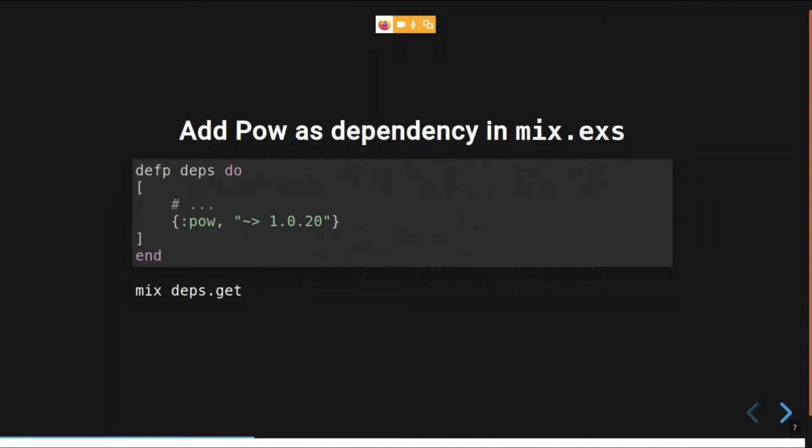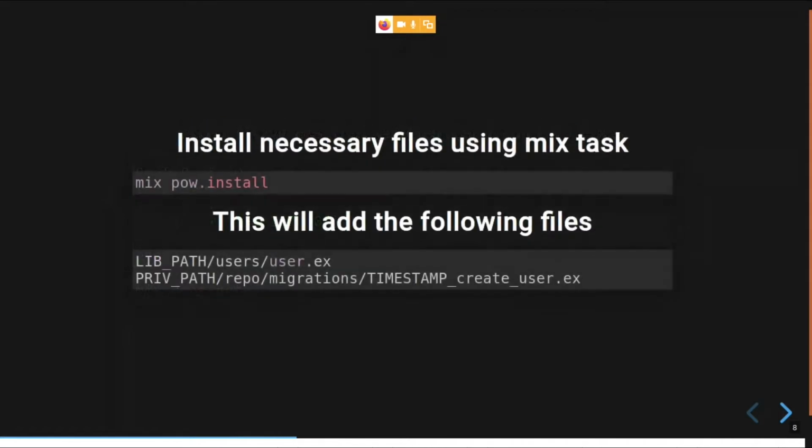Right now, 1.0.20 is the latest version. You can change it when other versions come, but this is basically it. You just add a single line in the deps function of the mix file, and then you run mix deps.get so that the dependency is downloaded to your application.